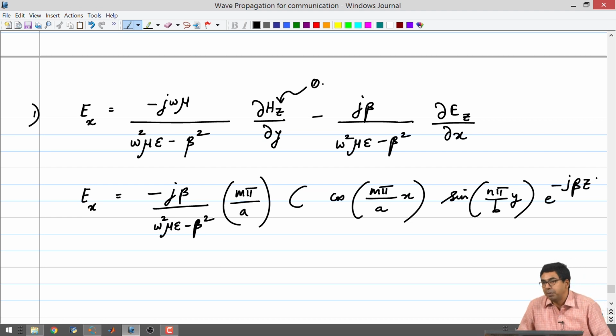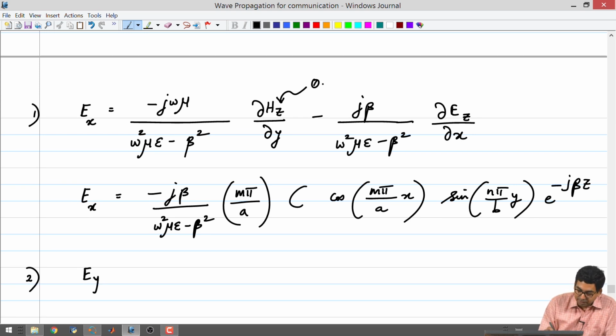It is a bit of an effort, but it is not impossible. You can go back to the wave equation and look at how you can use the existing components to find out the remaining components. It is an effort, but it is not impossible, but I do not want to spend time deriving each and every one of these. You will be able to do this, or there will be references for this in many sources. You could also have a look at them, but there is no magic over here. It is just laborious steps.